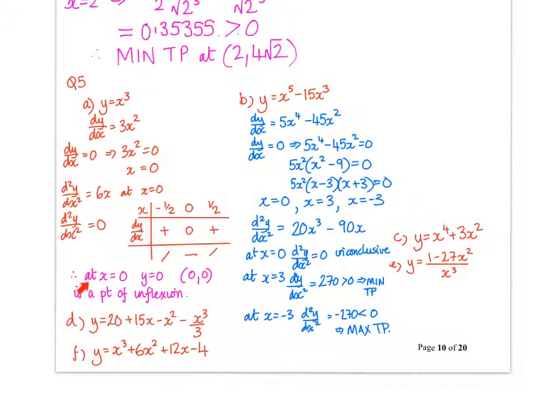Then we state that we have got a point of inflection. B, we've got x to the power of 5. So we should have 4 turning points or thereabouts. Again, inconclusive. Then we've got a minimum and a maximum turning point. And then in part D,